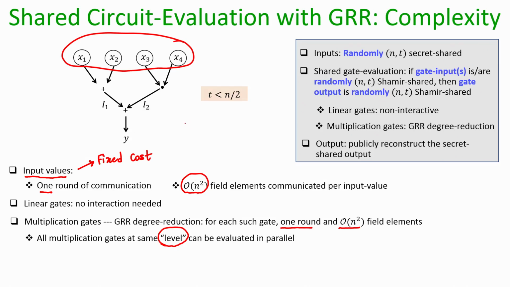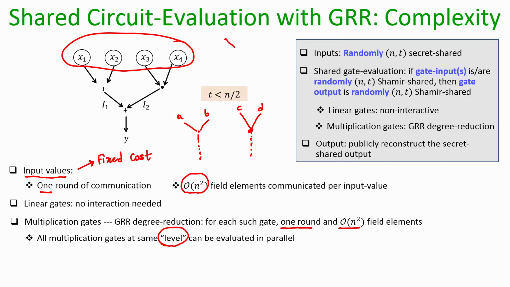Consider an example circuit where you have a scenario like this. You have one multiplication gate whose inputs are A and B, and then you have the rest of the circuit, and you have another multiplication gate whose inputs are C and D, where C and D are different from A and B. Then I will say that these two multiplication gates are independent, and hence they can be evaluated in parallel.